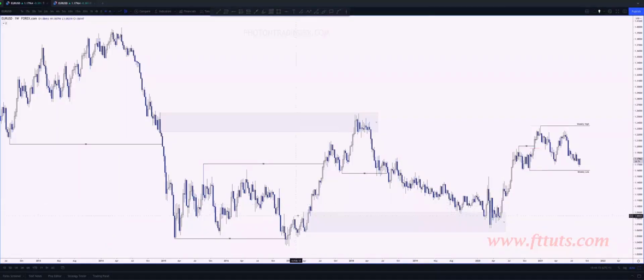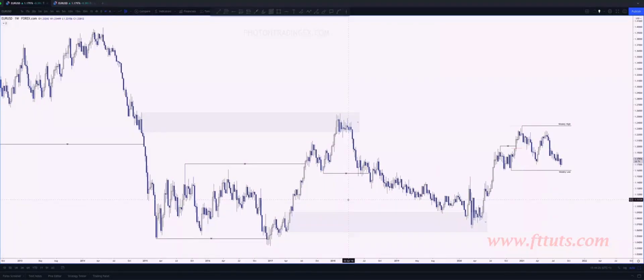So you can see, the larger the zone that you take, you will see price react to it, but it can be quite a while before we actually get that large shift in price action, right? So you're going to have to, it's going to be different for every trader. I've tried to speak about this a little bit before when we've been going through the theory videos, that there are multiple ways in which you can draw your supply and demand, and it's just going to depend